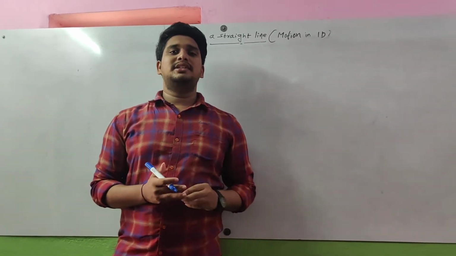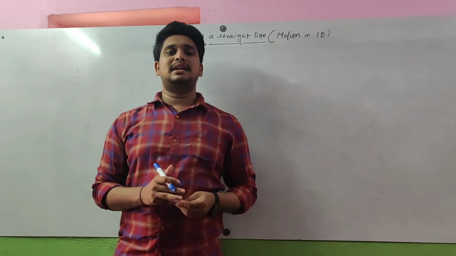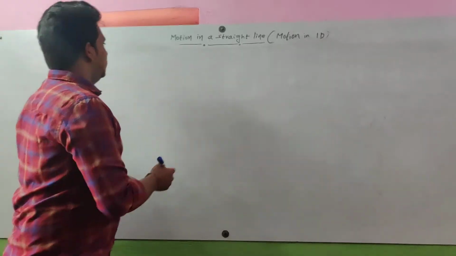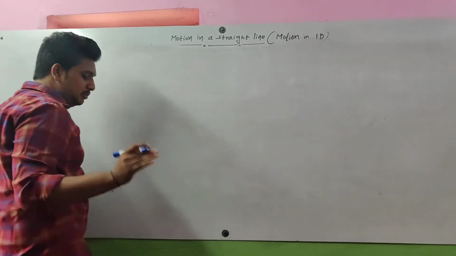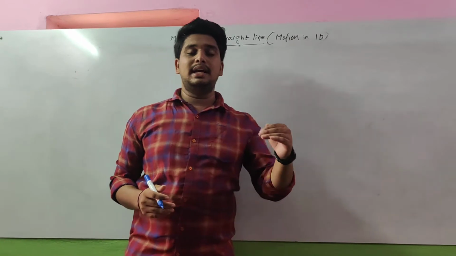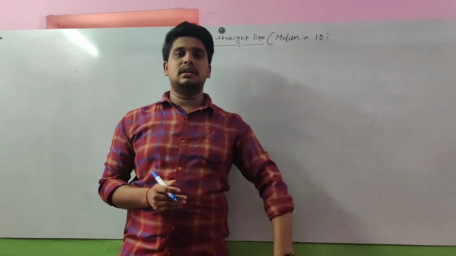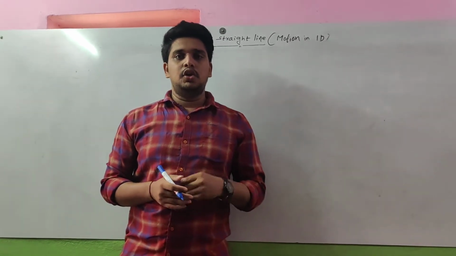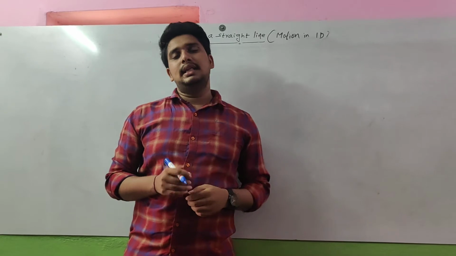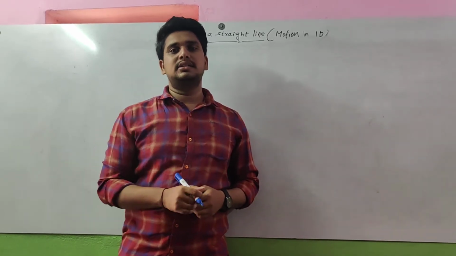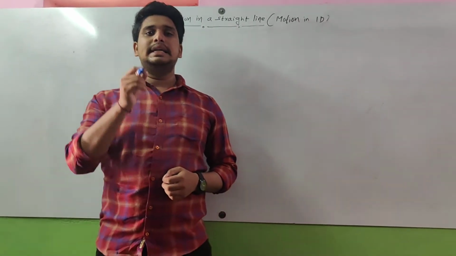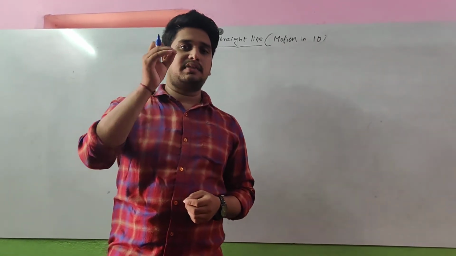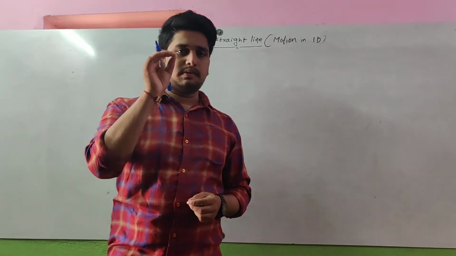Continuing my lectures on the topic motion in a straight line, today we discuss a new topic. In the previous lecture we discussed four equations. Those four equations are called equations of motion. Whenever a body travels in uniform accelerated motion, it satisfies these four equations. In these four equations we discussed a derivation for the first equation and example problems for the first equation.